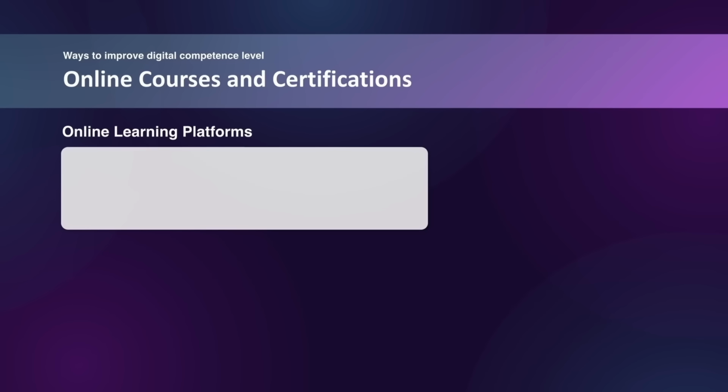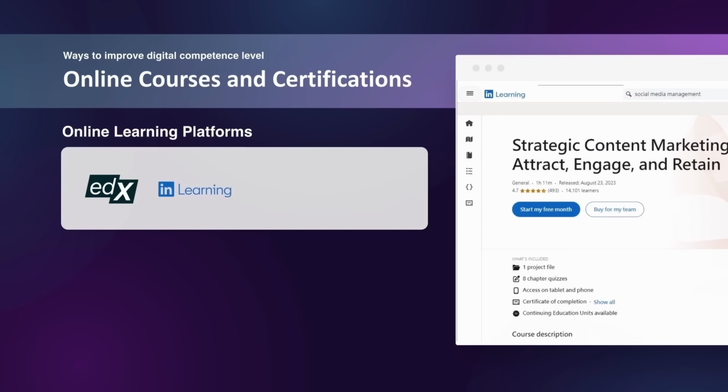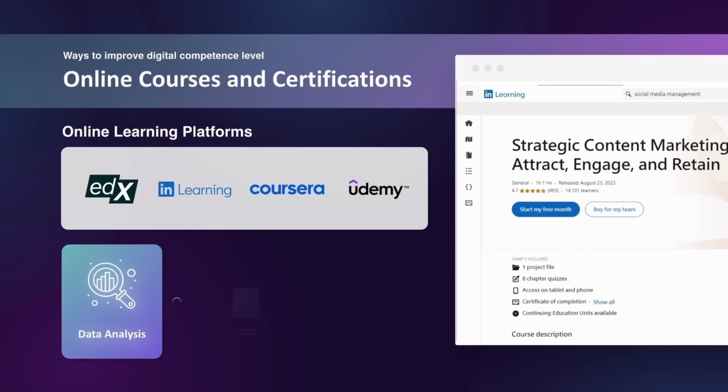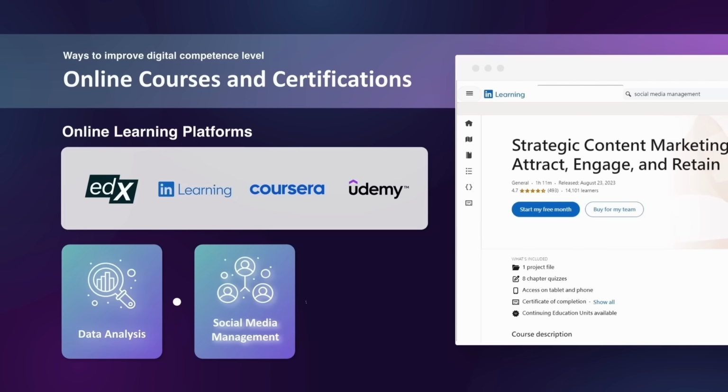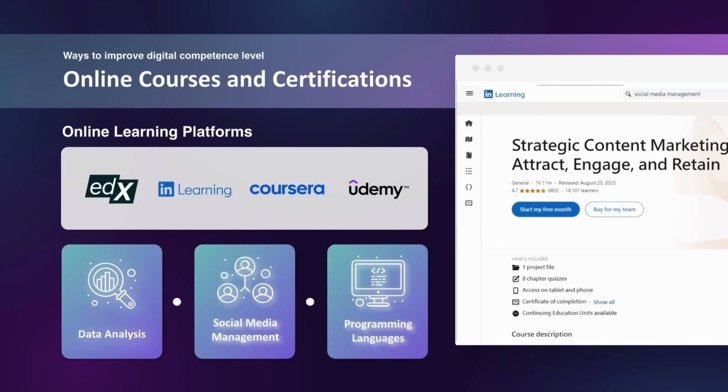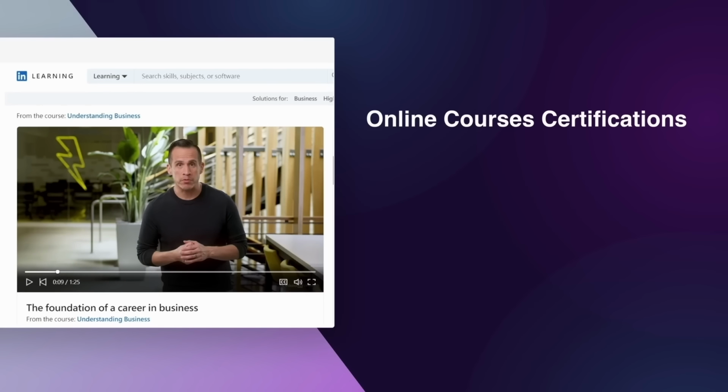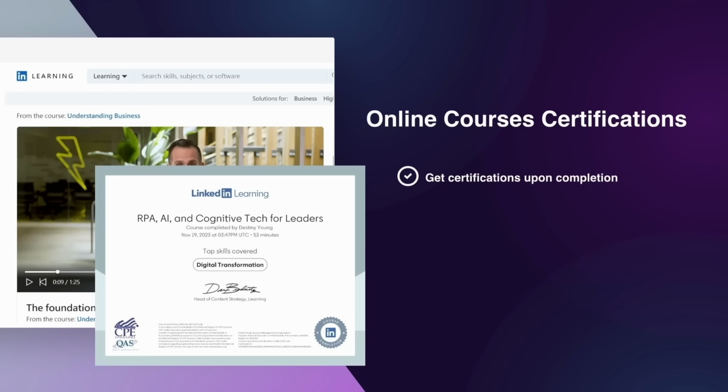Online learning platforms like edX, LinkedIn Learning, Coursera, and Udemy offer a range of courses that cater to different levels of expertise. For example, courses in data analysis, social media management, or programming languages like Python can elevate your skill set. These platforms not only offer structured learning, but also provide certifications that can be highlighted on resumes and professional profiles. They often include practical exercises and quizzes that help you apply what you've learned, ensuring the knowledge gained is